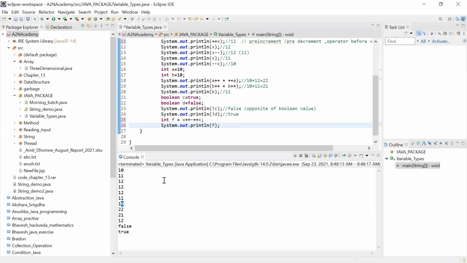Yeah, the current value after pre-increment will be 10. So what will be the value of f here? It will take 10 only, minus pre-increment, so it will become 11. So 10 plus 11 minus 2.